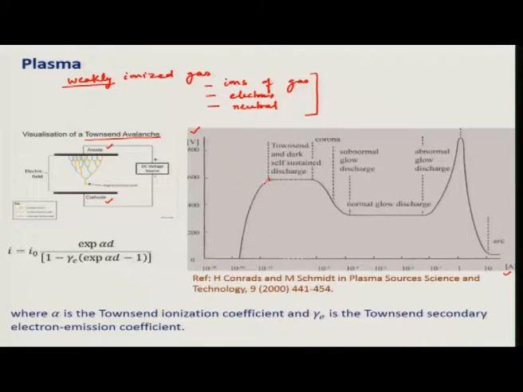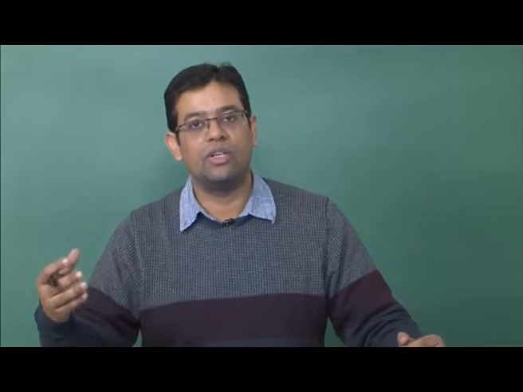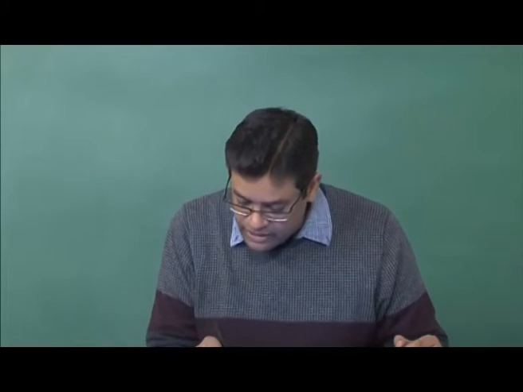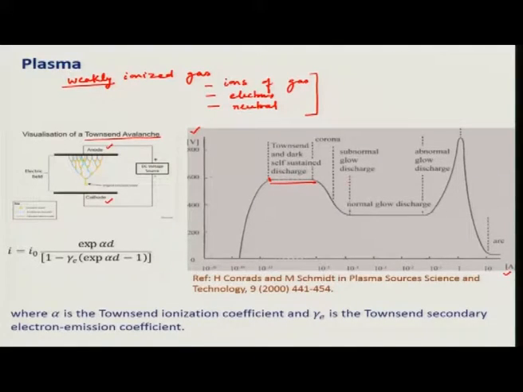But after a certain point you will reach a sufficient number of electrons, and then you do not need to increase voltage to increase current, because these electrons will be self multiplying due to the process of ionization. So, in this range the current increases at the same voltage; you do not need to increase voltage to increase the current. Then there will be a phase where the voltage needed to sustain the same level of current decreases, and the current keeps increasing still. So, to control the current you need to decrease the voltage.